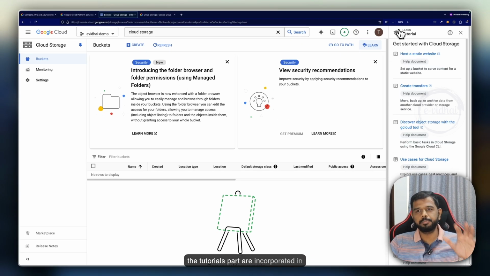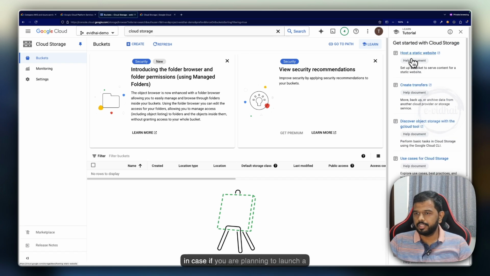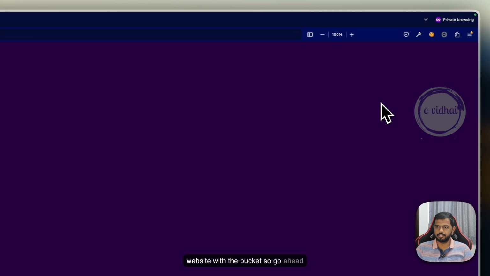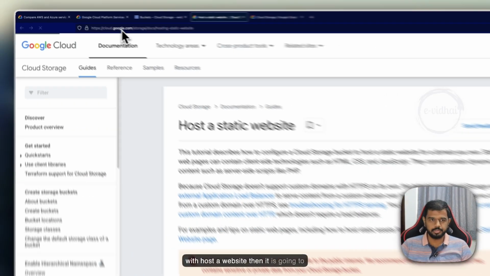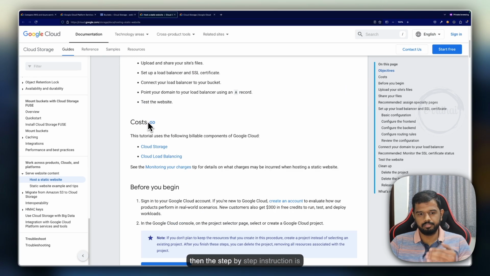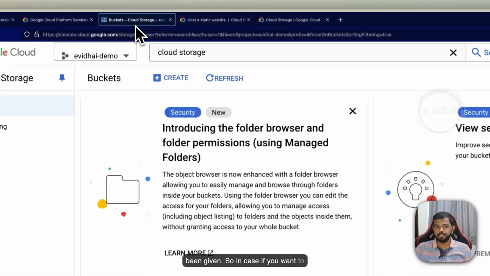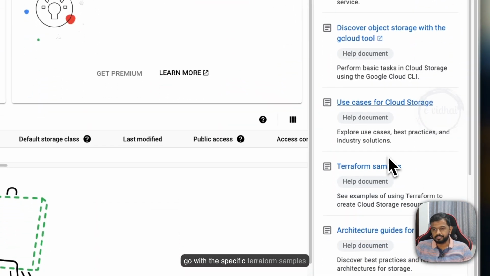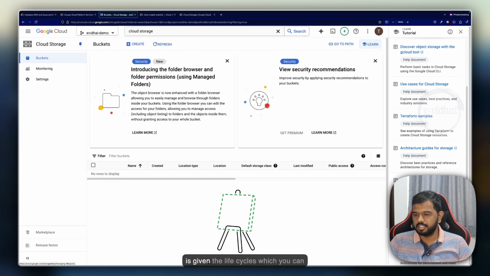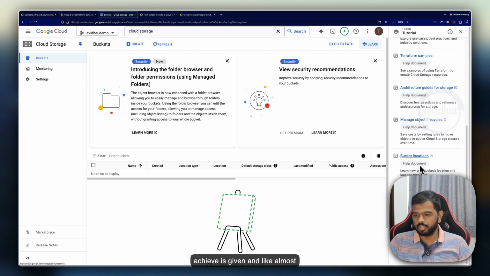All the tutorials are incorporated on the right side of the GCP window. In case you are planning to launch a website with the bucket, go ahead with host a website, then it's going to give you the specific path, and the step-by-step instructions are given. If you want a specific Terraform sample, it's given, and the life cycles you can achieve are given, and like almost